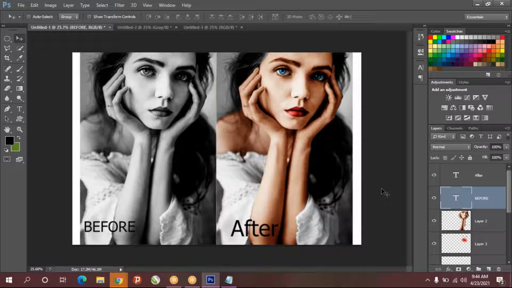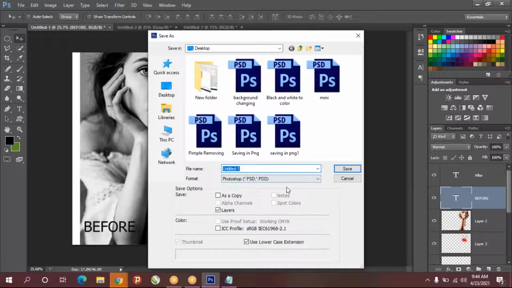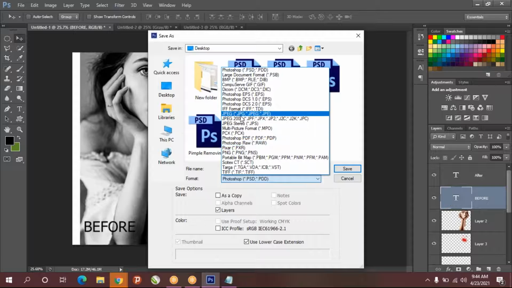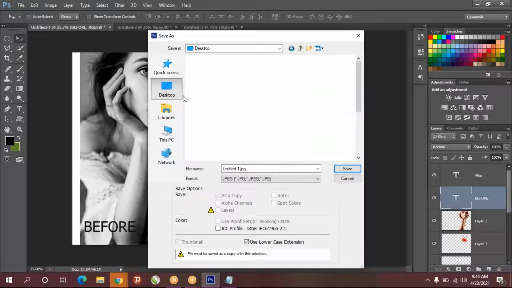So black and white to color is done. Does anyone have a doubt in this? Okay, so I'm going to save this. Control Shift S for save as. I'll save as JPG, on the desktop.